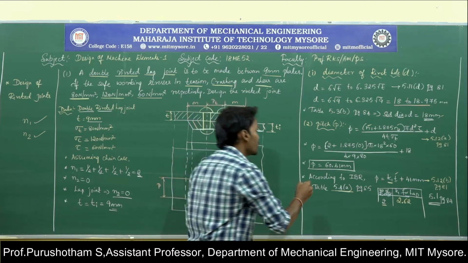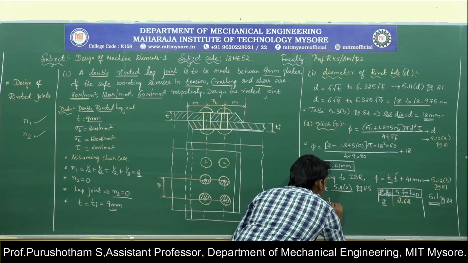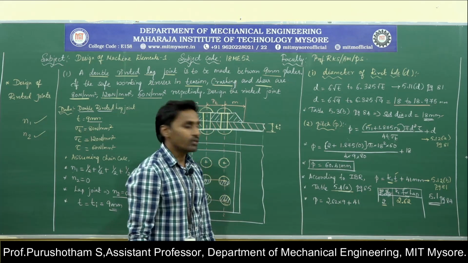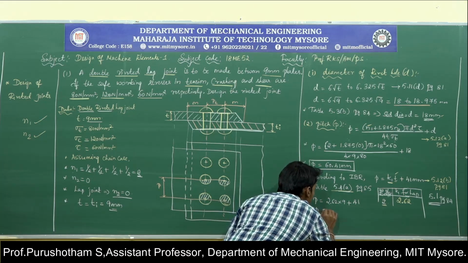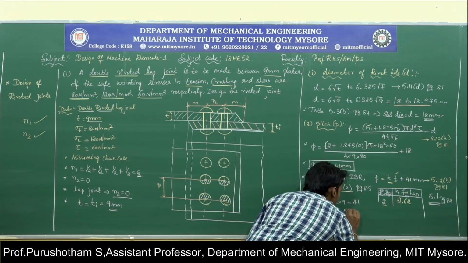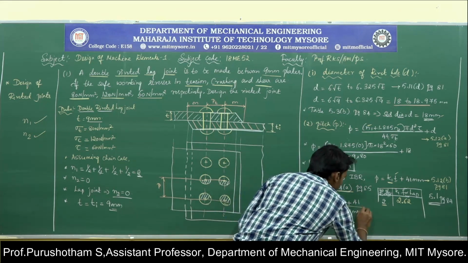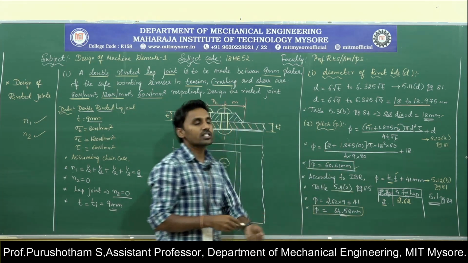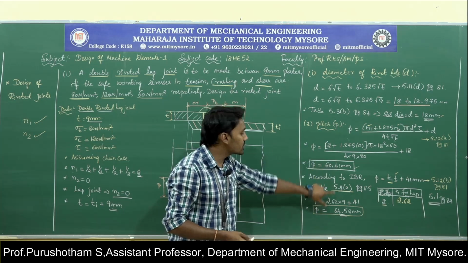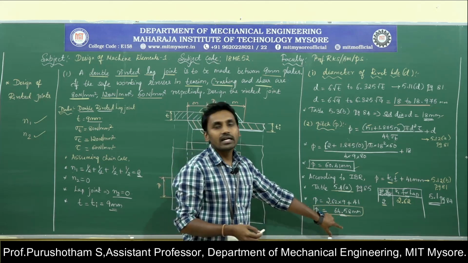2.62. So now I am going to calculate the pitch value again. Pitch is given by K1 times T, where K1 is 2.62 and T is 9 plus 41 mm. If you simplify this, you will get 64.58 millimeter. So we got two pitch values: one from the generalized expression and one according to the IBR. We need to choose the less among these two values, the pitch value which has the least value.